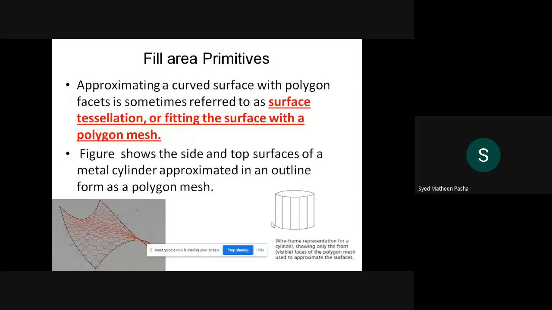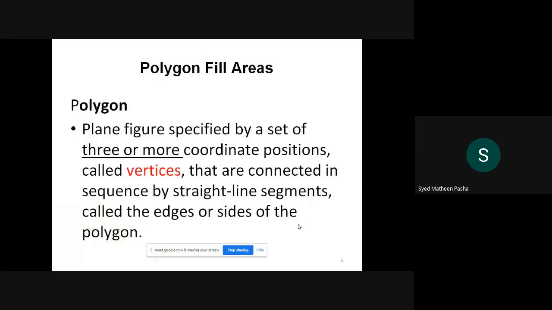I can say black, just black, but as usual we specify it as black and white. I can specify the color of this particular fill area as black and white, where the type of fill area used here is, I can tell mesh, or you can just say stripe, which are the stripes being filled inside the particular object. Those are some of the examples of fill areas.